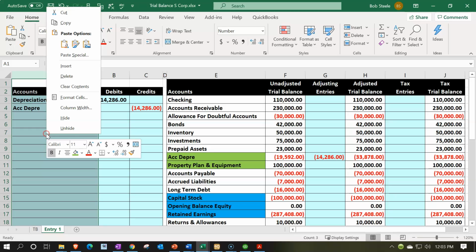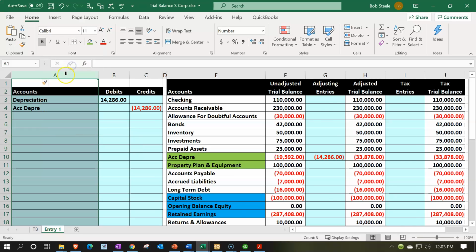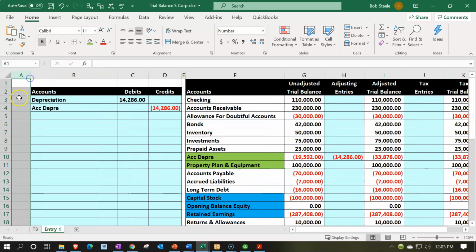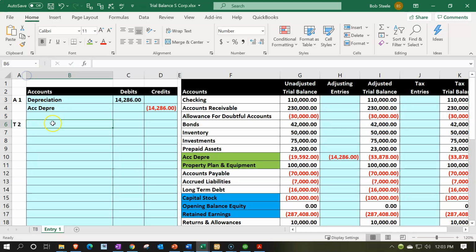I'm going to go to A and insert another column. And I'm going to call this a tax entry or tax 1 entry. And this is an A1 entry. That's going to be the adjusting entry. This is going to be a tax entry. So I'll say tax 2. I'm just going to keep the numbers going down, but I want to indicate whether it's an adjusting entry or